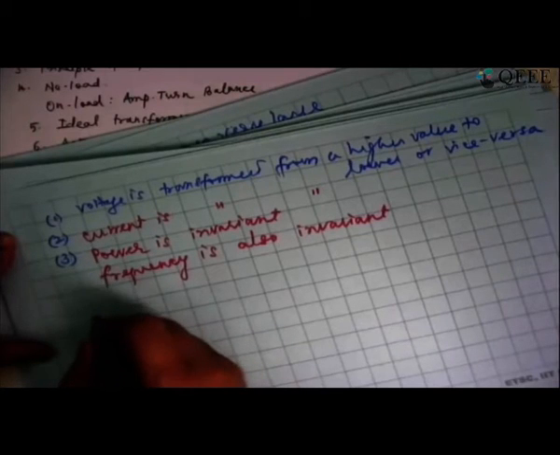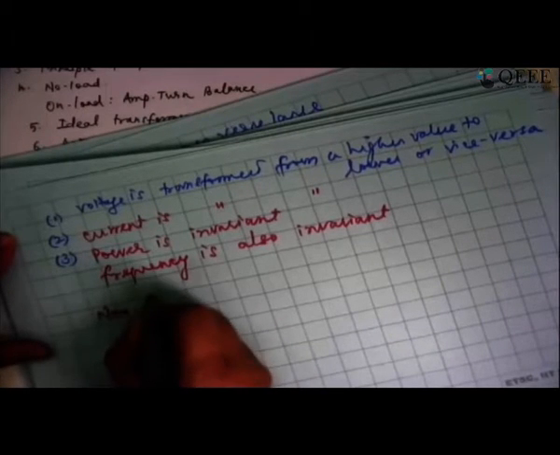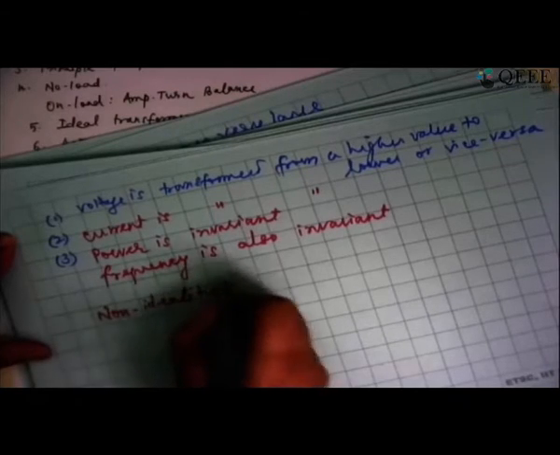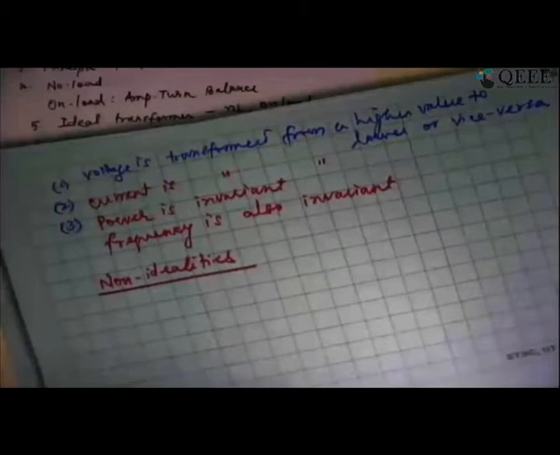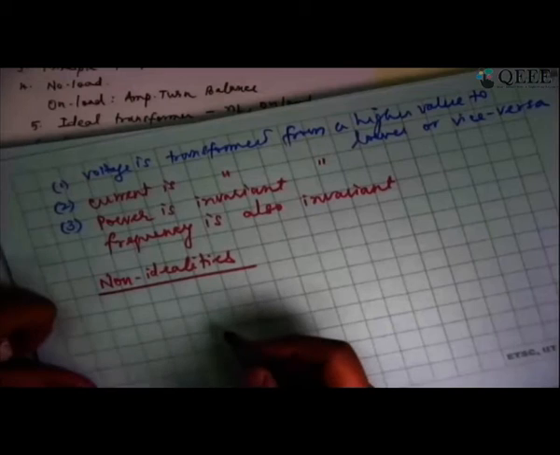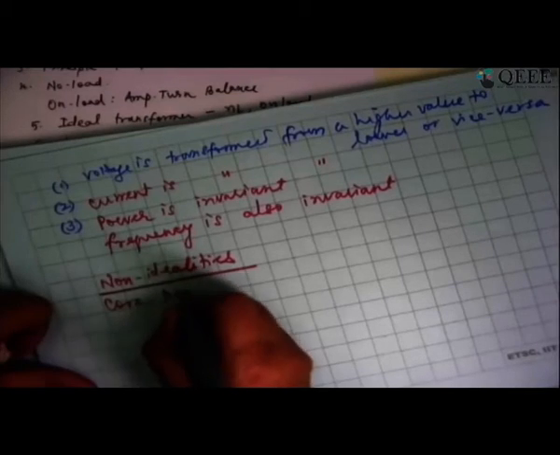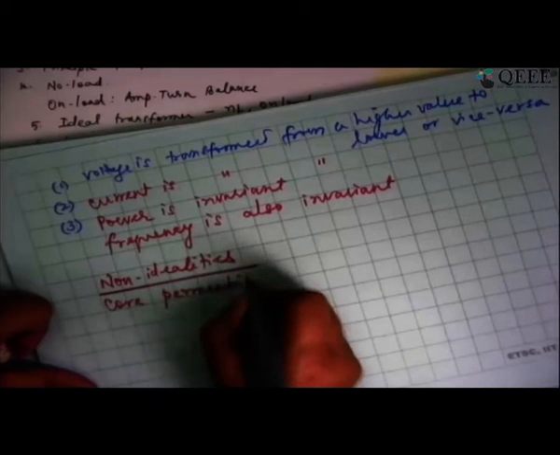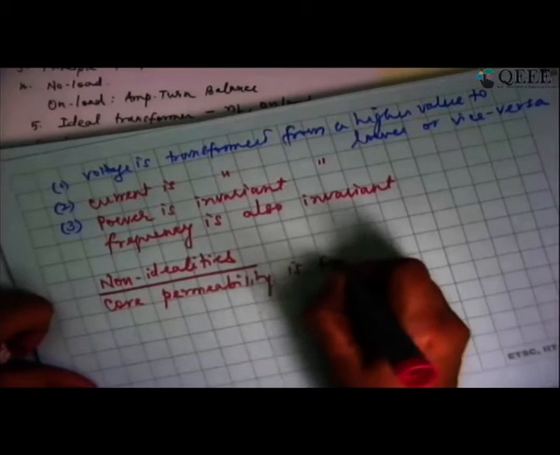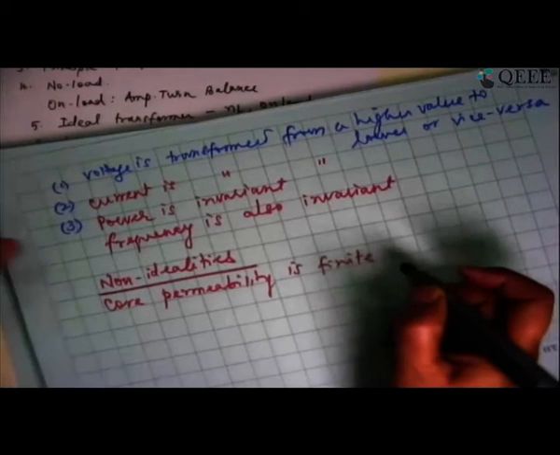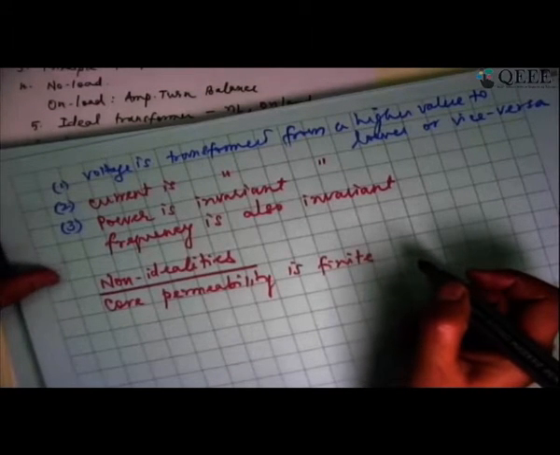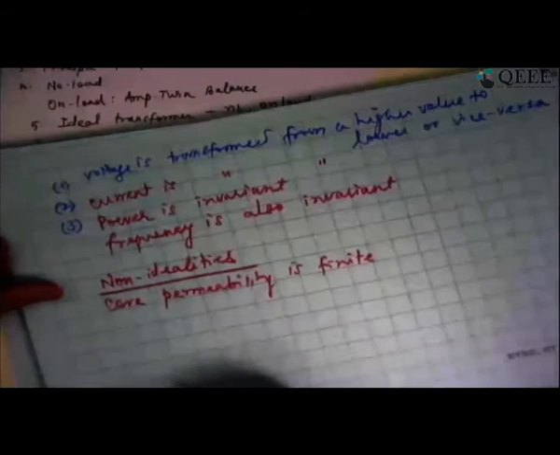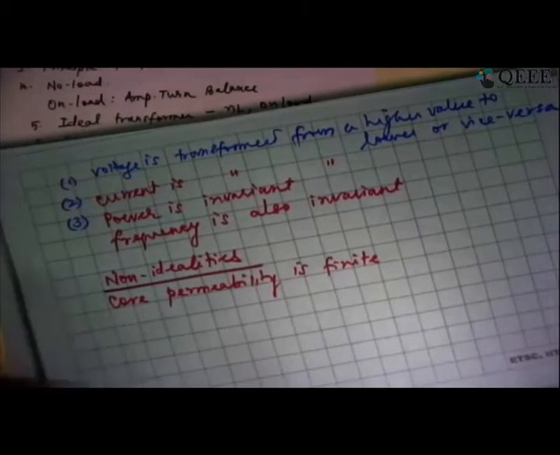When I look at non-idealities in a transformer, what are all the non-idealities? That's what I'll have to look at. So in the case of non-ideality, first of all, I have to say core permeability is finite. It cannot be infinite. It has to be finite. So core permeability is finite, which means the current drawn